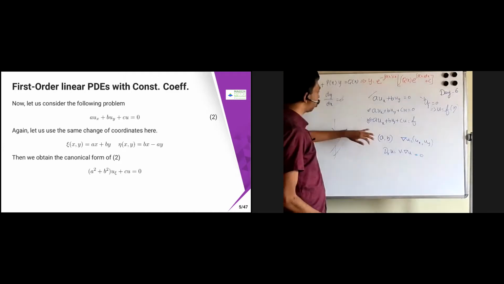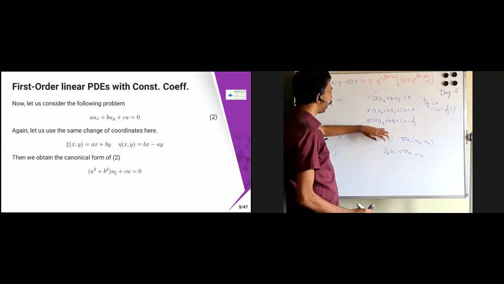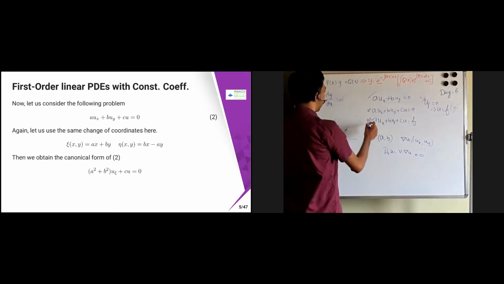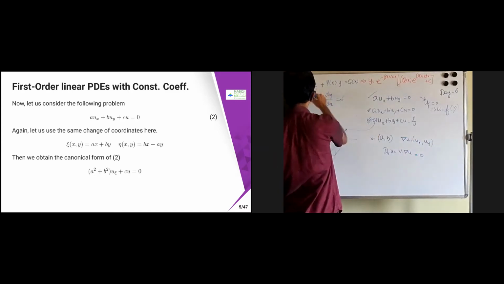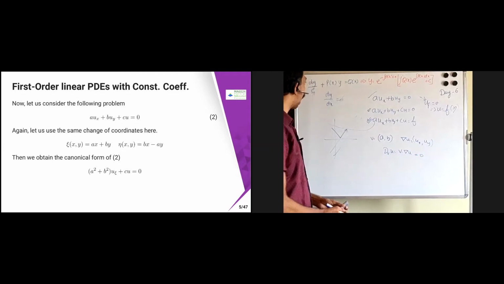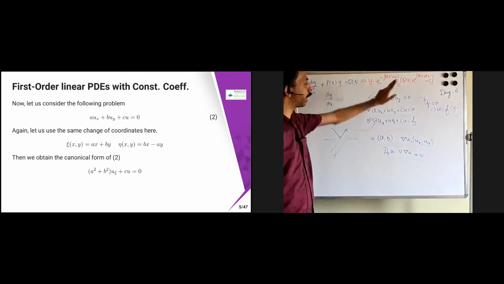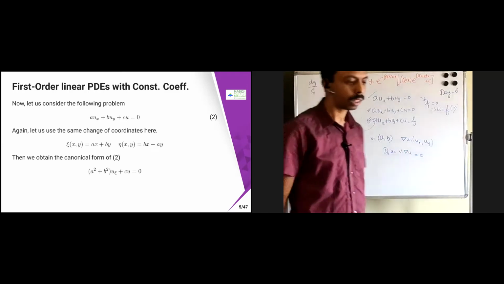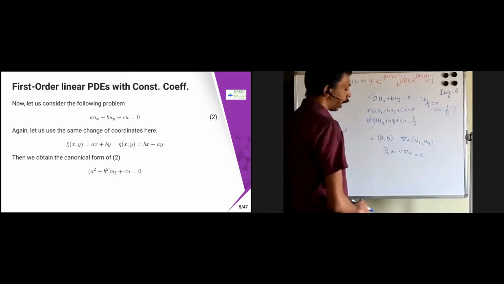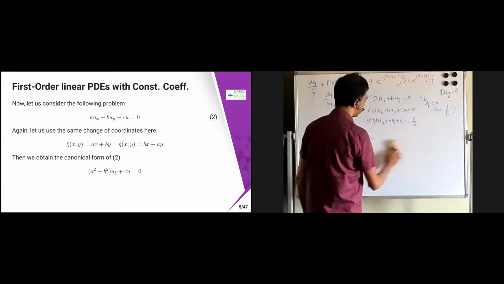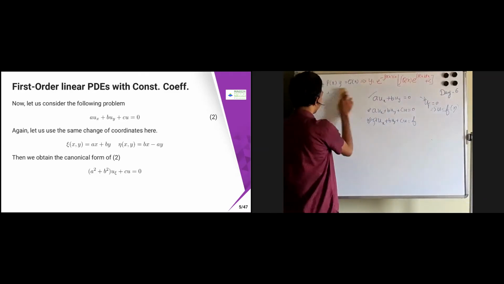Now I'm trying to find a u_x plus b u_y plus c u equal to f. Then I'm trying to convert that into an ODE of this form: dy by dx plus p(x) into y equal to q(x). Then I can use this theorem. That's what I'm going to do. So once again, I'm going to use the same kind of characteristic coordinate. The characteristic coordinate is the same.